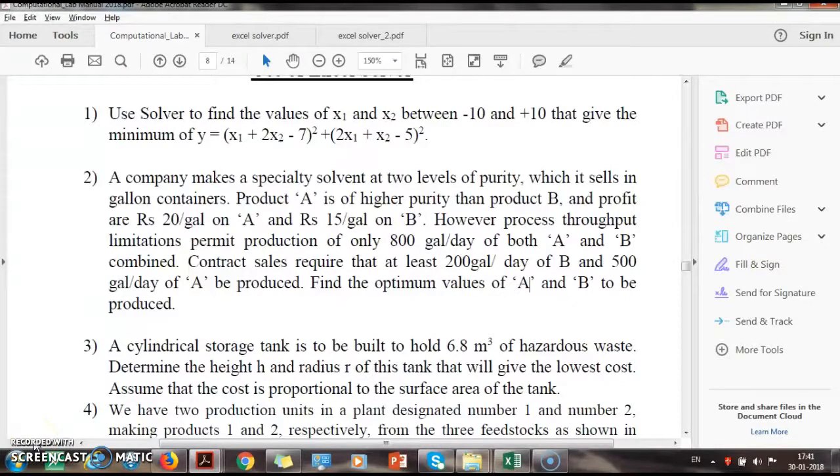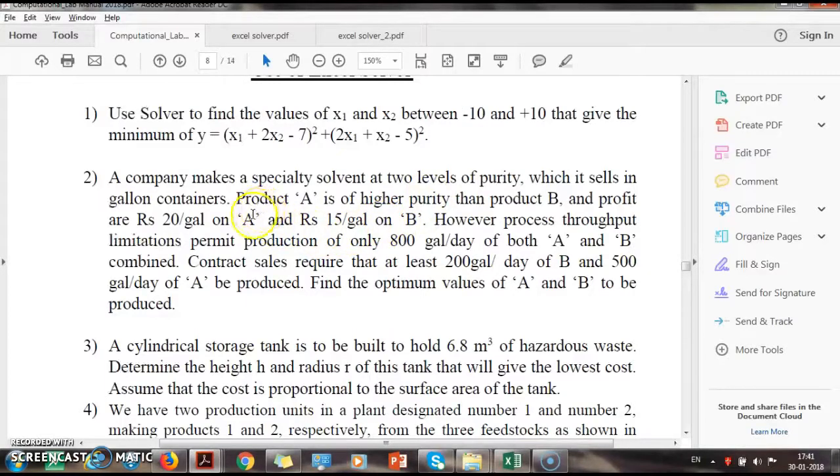Okay, let us see today how to use Solver to optimize a constrained problem. We've already seen how to use Solver if we want to fit a model, but there are no constraints. The problem one also is a similar kind of problem wherein we need to minimize a function within a bound of x1 and x2, right? So that is where a constraint comes in.